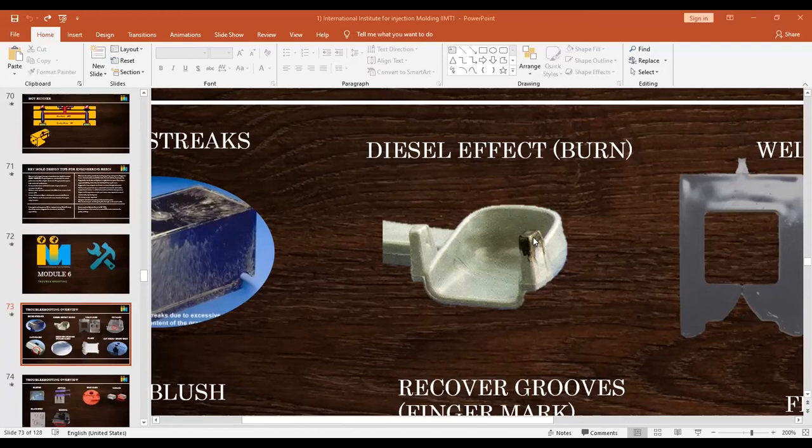Okay. What molders normally do is slow down the injection speed to address this burn mark. Yesterday I mentioned that if you just slow down the injection speed only to remove the burn mark, our process will not be robust. For a critical dimension part, you will not get repeatability, because plastic likes to flow at a quicker speed. Only then will the melt temperature be maintained and you get repeatability.